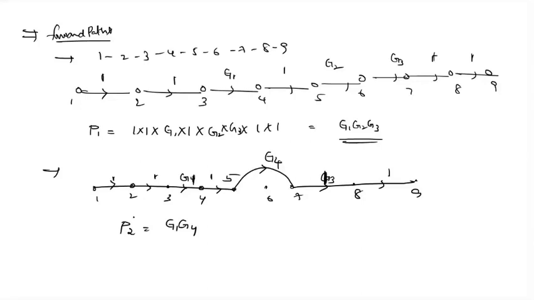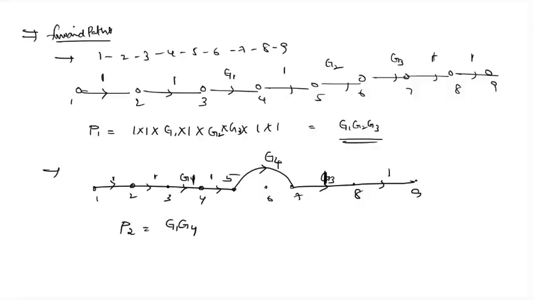Now we'll concentrate on the loops. Here, forward paths means one is definitely the main path. Remember, one is definitely the main path. The second one is, other than the main path, whatever other paths you have. Those you need to work out, and you can work them out clearly. Feed forward path means the direction is always towards the output, starting from the input. Then we'll concentrate on the loops.